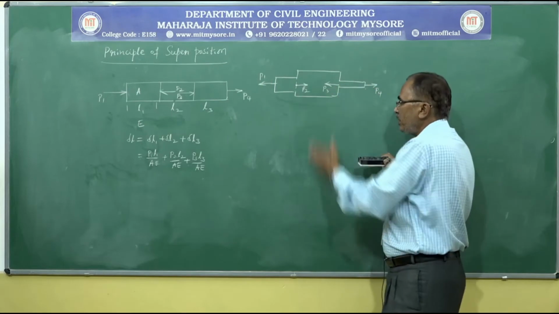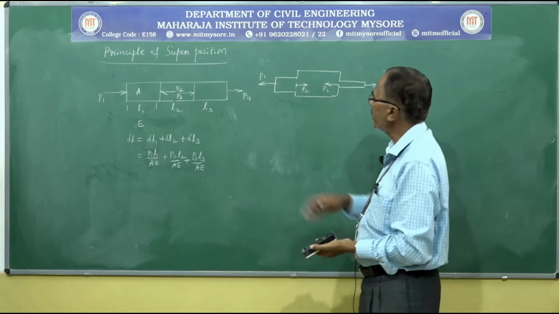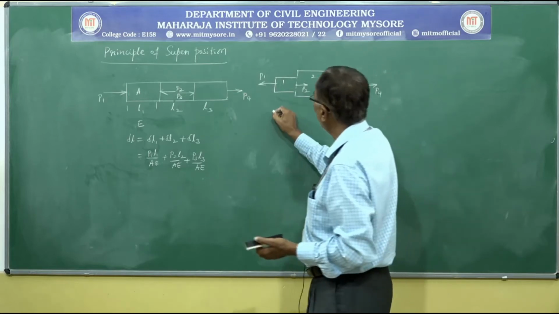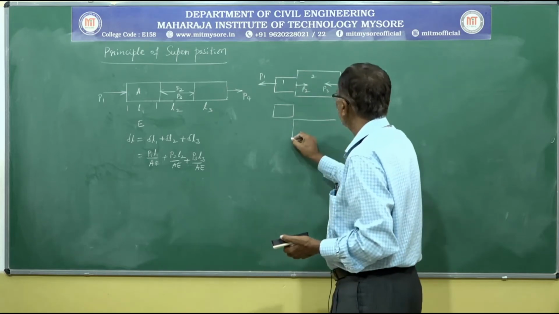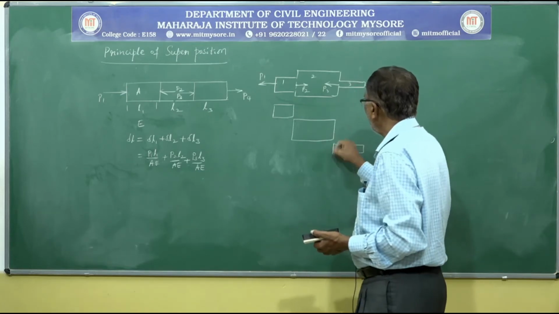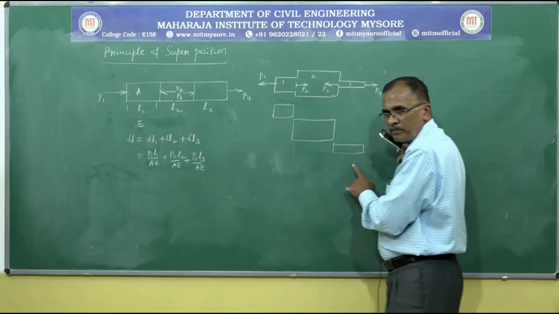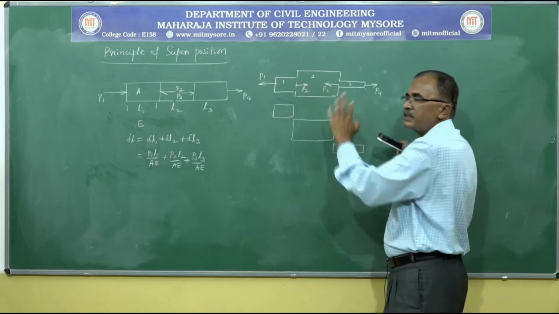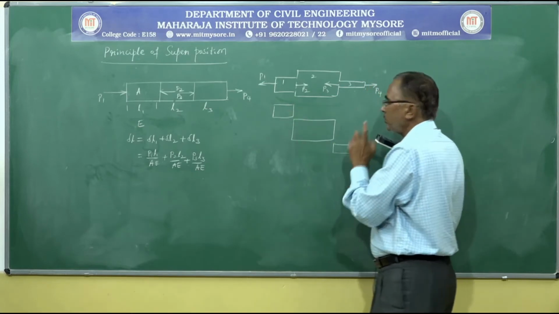First we draw the free body diagram. After drawing the free body diagram, means we take out the portions. Say for example, this is 1, 2, 3. First we consider the first portion like this, then the second portion, then the third portion. After separating the portions, we check the equilibrium condition of each portion. While doing so, the internal loads automatically get altered. Then that altered load will be considered as the load acting on each of the portions.